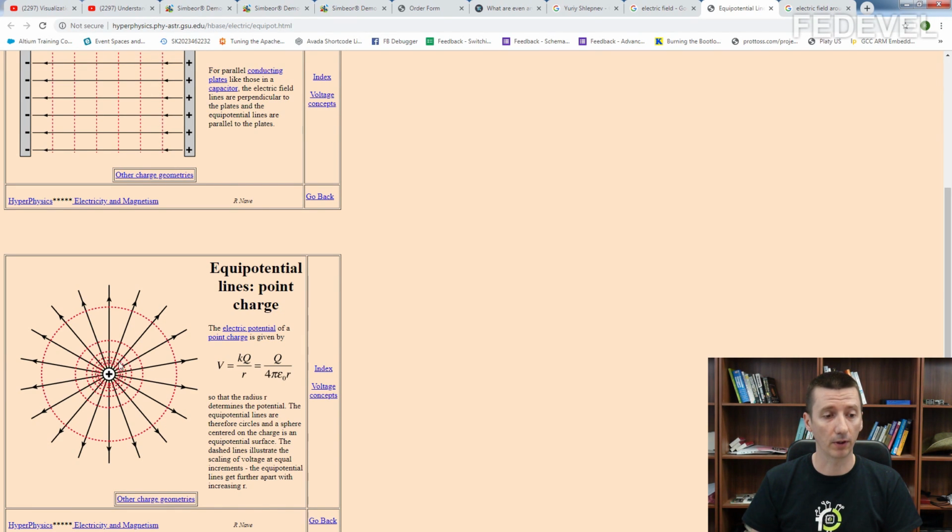The voltage is lower and lower. Okay, so these equipotential lines are showing you the distance from the line where the voltage is exactly the same. So everywhere around this wire, for example, the potential will be exactly the same. When you go a little bit closer, the potential will be a little bit higher. And you can see further and further you go from this line, the voltage is going to be lower and